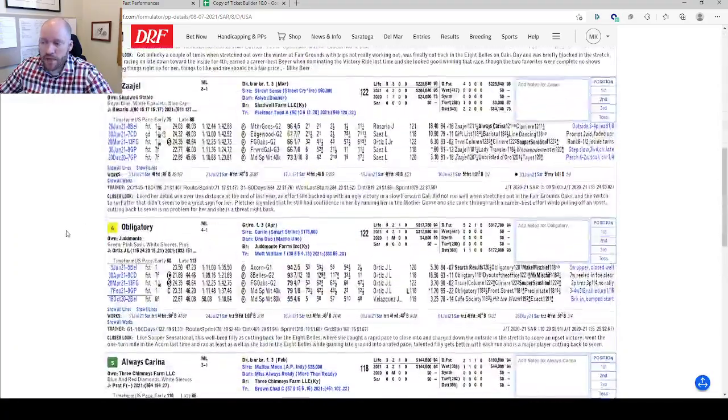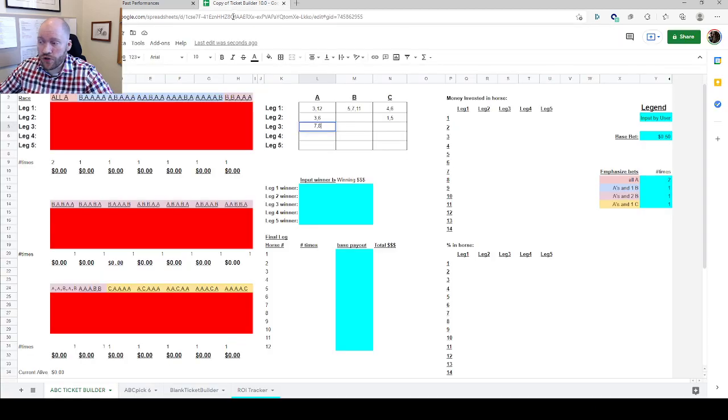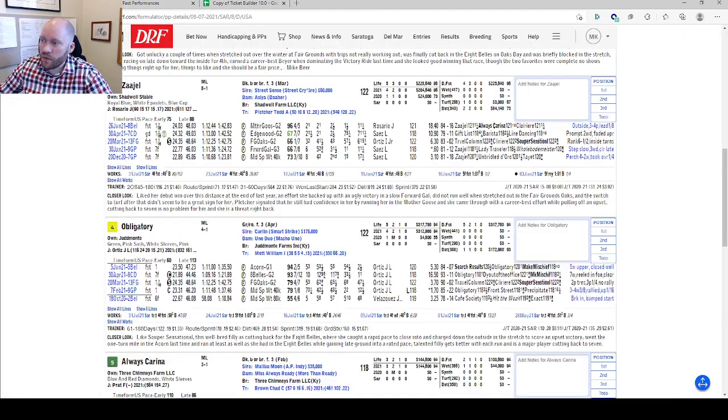And then I want horses that have upside. I mentioned Obligatory, and I don't quite know if this horse becomes an A or a B for me. When I talk through these, obviously I'm doing this on a Friday morning. I have not seen works yet. If Obligatory is working lights out, I actually may move somebody like Search Results down a little bit because I think Obligatory has a ton of upside, and I think this is the right distance for how she runs. So for now, let me make her an A. There's a chance though these might move around somewhat, and hit me up on Discord. I'll give you my final play before everything goes live.